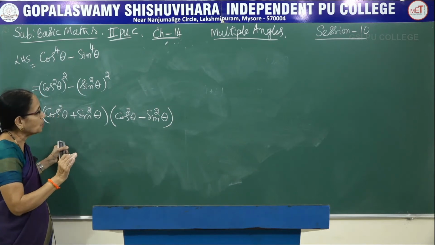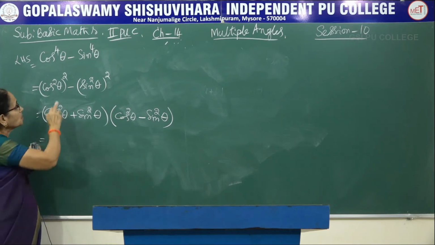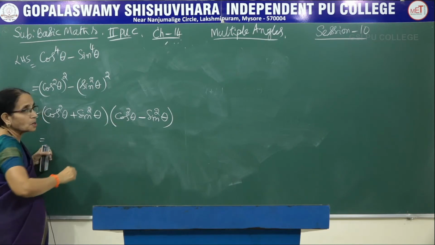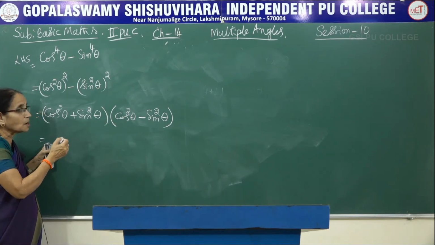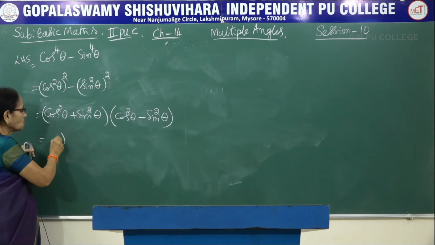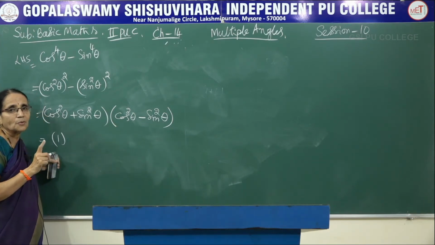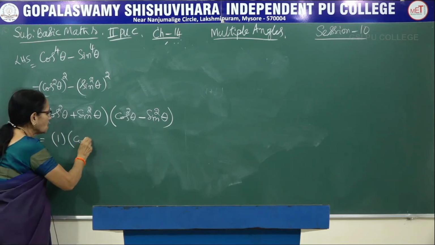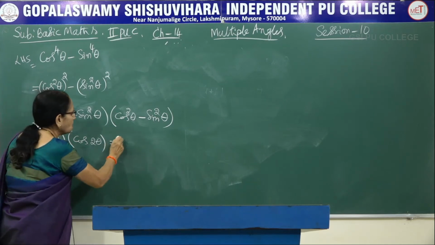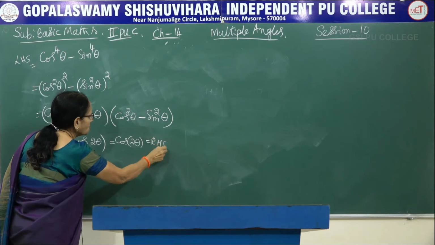That is why whatever formula you learnt in high school algebra, we will be using somewhere or the other. So here first I made use of the law of the indices. Now I made use of the algebraic formula and I have factorized. Now I have come to the basic identity. Sin square theta plus cos square theta, as you know, is 1. And what is this equal to? It is nothing but the formula for cos of 2 theta. So 1 into cos of 2 theta is equal to cos of 2 theta, which is the right hand side.